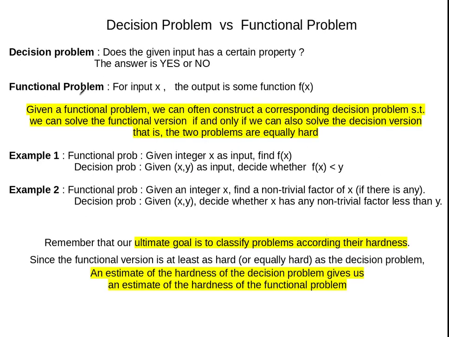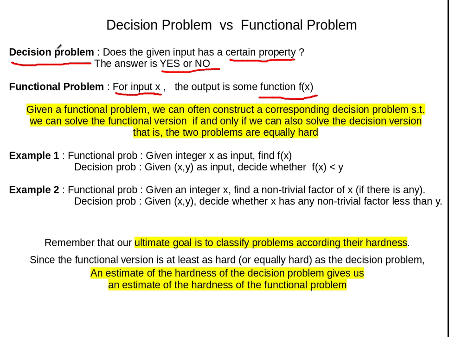We started with the idea that you give some input and your computer is supposed to produce some output which is a function of the input. These sorts of problems are called functional problems. You are essentially computing some function. Now we are saying that we will concentrate on decision problems, which is that given this input coming from some universe, whether it has a certain property or not. So the answer is yes or no.